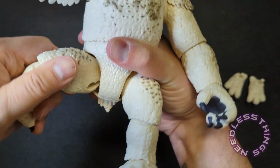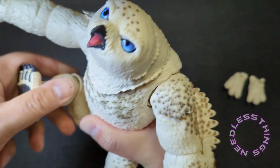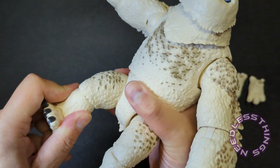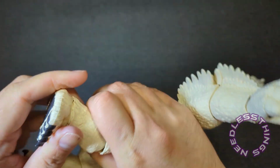Hips, again, kind of standard. You can see right there, really good range on those. And then knees, just like the elbows, swivel with the pivot. And then the ankles are...